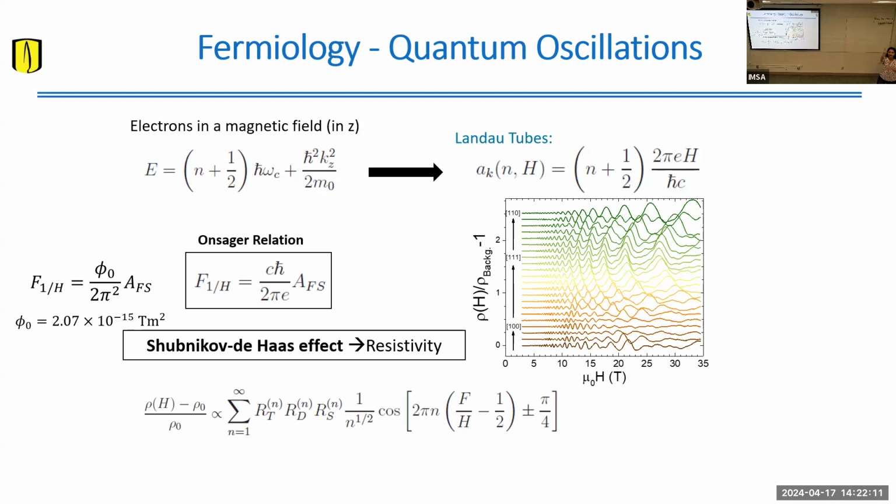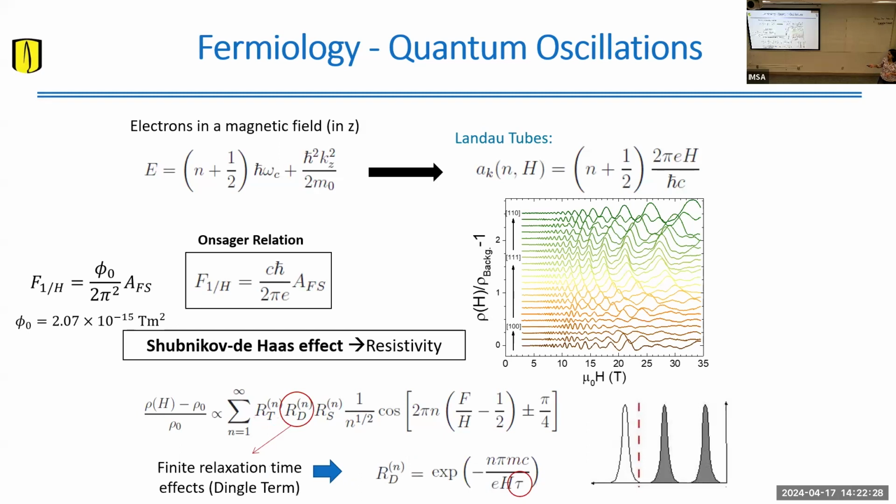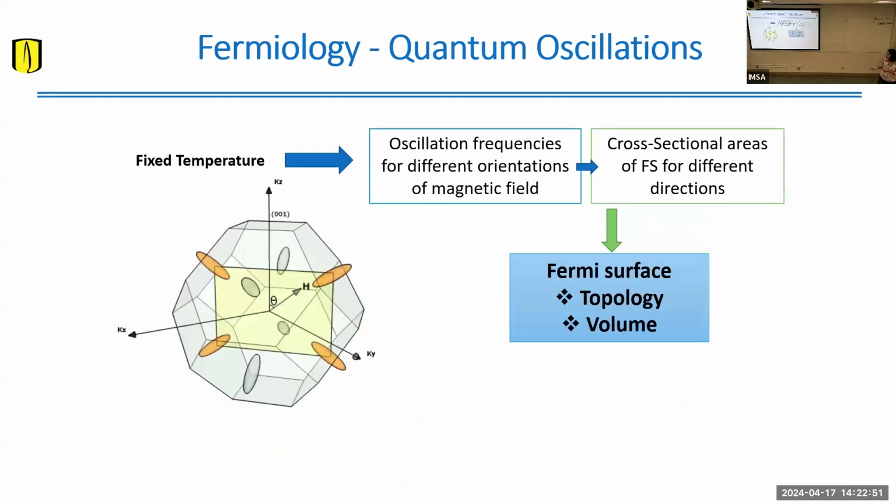And if you put the magnetic field across different directions, you will have an evolution of the frequency components of these oscillations. So you have other terms that give you different amplitudes from which you can actually obtain things like the effective mass of carriers. You can obtain the relaxation time for your carriers, and you can even deduce g factors for this kind of system. So these are quantities that you plug in your computers that we can actually measure directly from this type of experiment. So the amount of information from quantum oscillations is very complete. And I will show you in a minute what we can get.